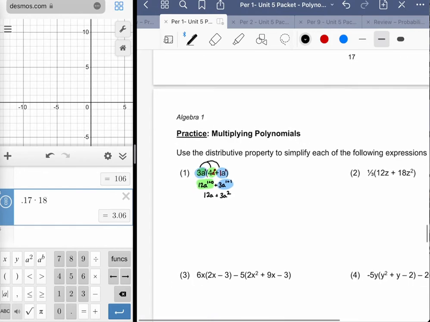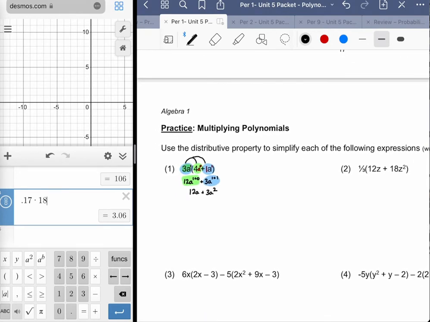All right. So number 2 involves a fractional coefficient, but it's really the same skill. So I'll run through this one without all the bells and whistles. We're taking that 1/3 and we're multiplying it by each term inside. So the 1/3 is going to get multiplied by each of the 12z and the 18z squared. But since it doesn't have a variable attached to it, I could put the z to the 0th power adjacent to it, but it's not going to serve a purpose because all I really need to do is think,